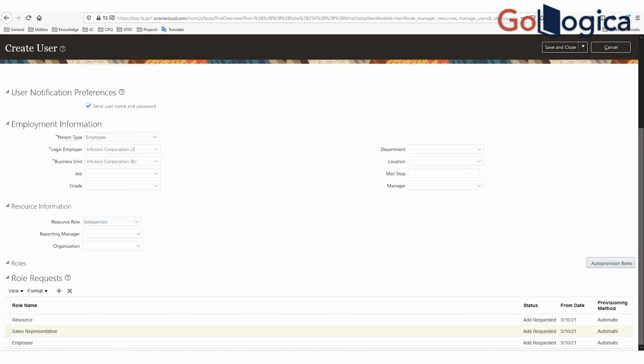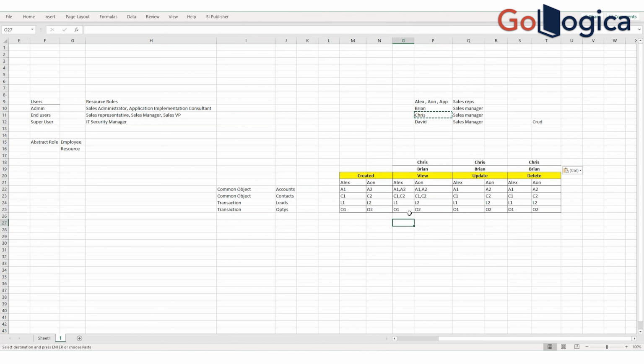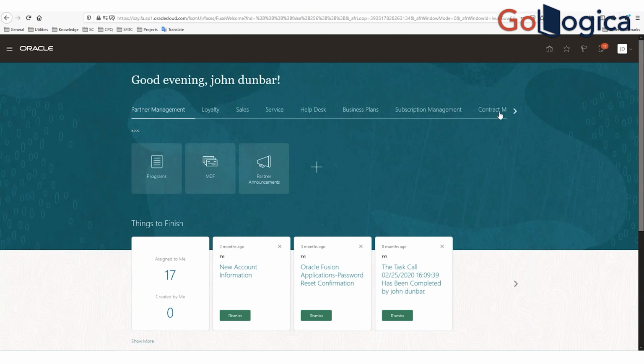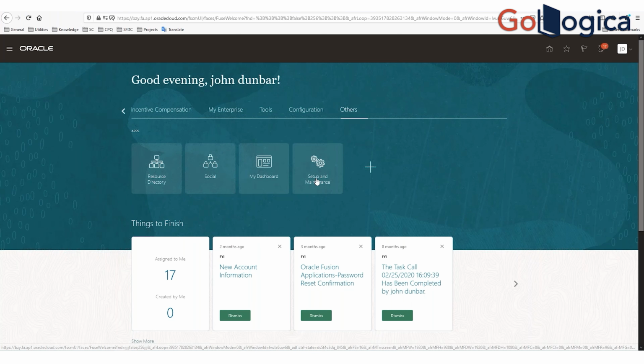So that's it, guys, about users and roles, how they are auto provisioned, and the various data visibilities given the roles, the hierarchy, etc. One point that I want to cover is the hierarchy, how to build the hierarchy. For that you also need to go to setup and maintenance. Srinivas, if you don't mind, before you go to that,